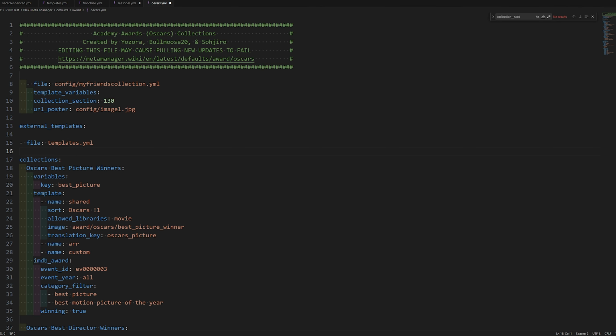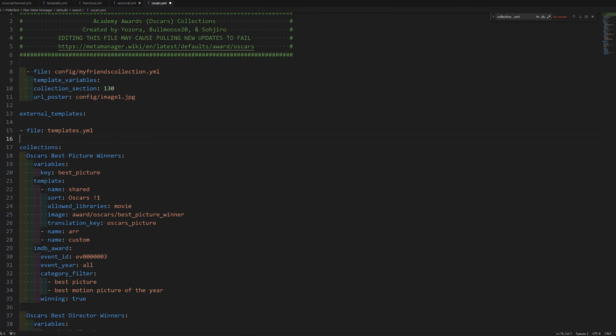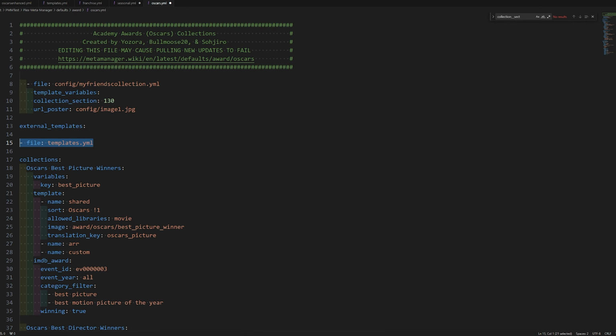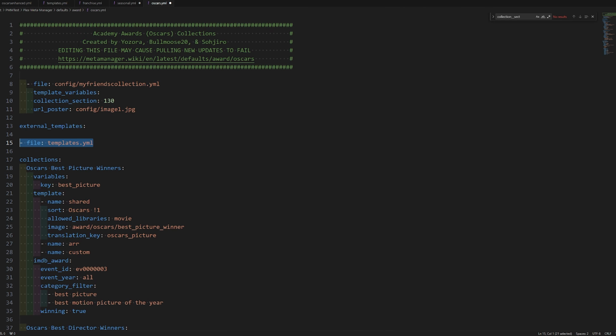That all of these are referencing external templates, all the templates here in files. Someone could technically just do URL_poster, and it should pick up into that external templates section as a template variable. And so that was a confusing part with template variables, because when I was making a custom,